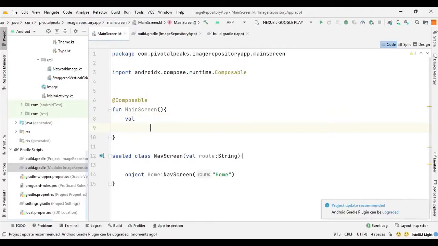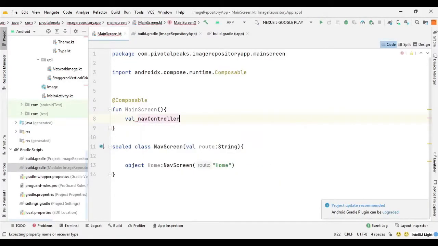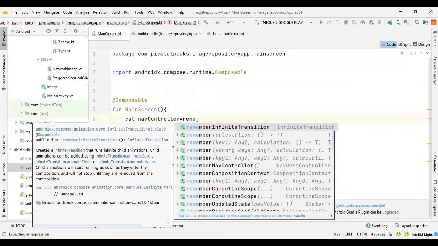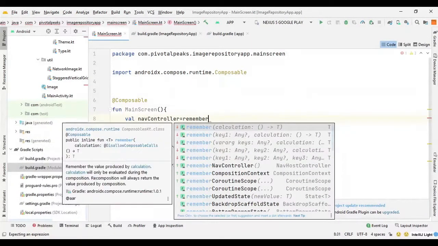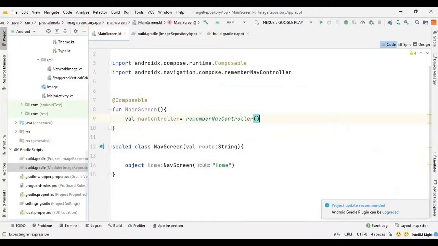So we can say val navController, and we can use rememberNavController. It creates a NavHostController that handles the adding of the compose navigator and dialog navigator.